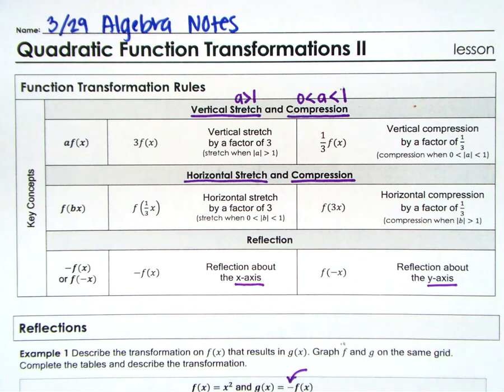In this video, we are going to look at examples of quadratic functions transformed, the transformations of A, B, and reflection. So in the first piece here, we can see